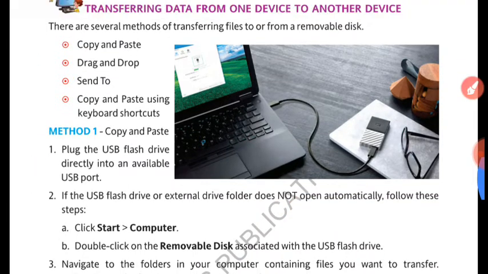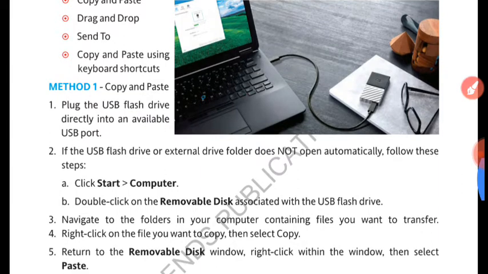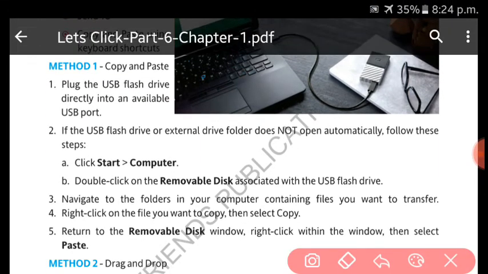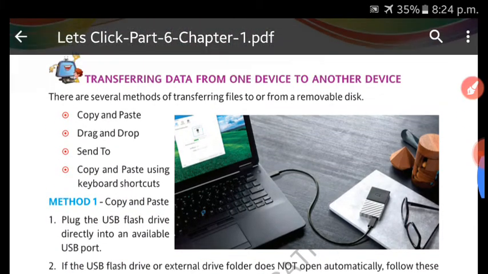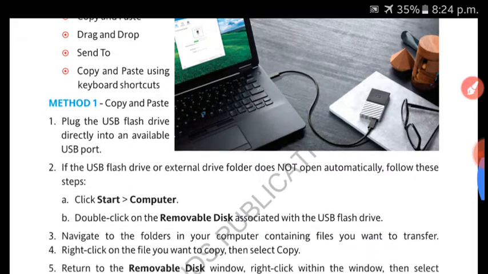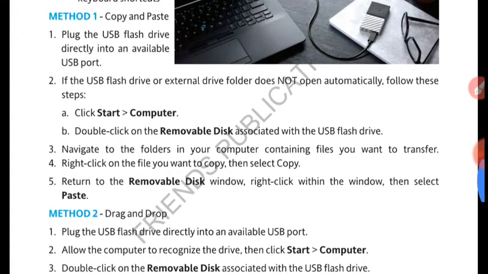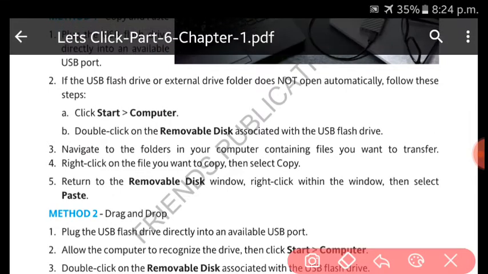In copy paste, what we do, first of all we connect the device. You may consider a pen drive, I think you are well aware of that. Whenever it gets connected, what to do?